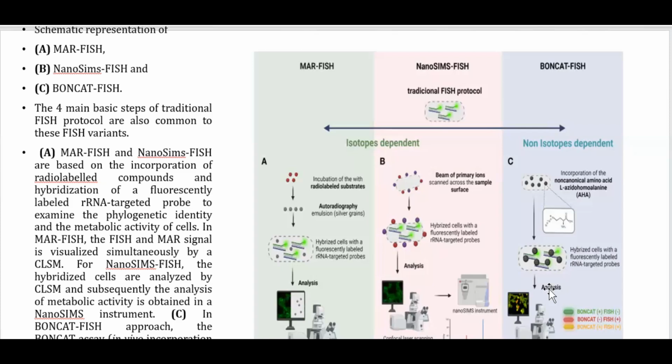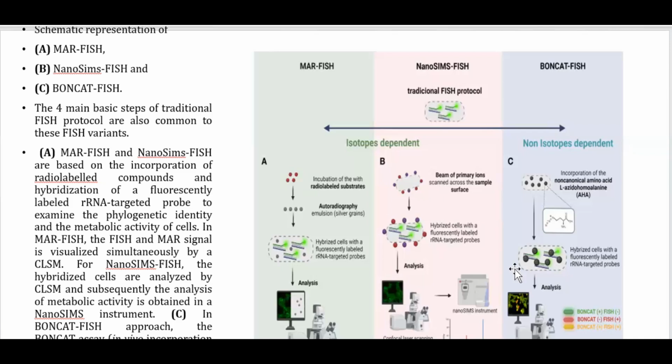So this is about incorporation of certain additional components, may it be a radiolabel compound, and then you go for hybridization of the targeted probe to examine, as in the case of MAR-FISH, right? Or it is NanoSIMS-FISH. When you are talking about that, the hybridized cells are analyzed by CLSM, and then analysis of metabolic activity is obtained by